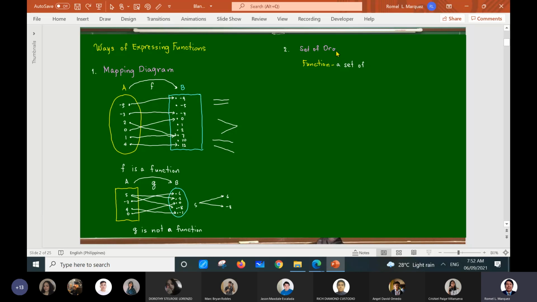Set of ordered pairs of real numbers. I made a mistake in stating it as a set of real numbers. Okay, set of ordered pairs of real numbers. So again, a function can also be defined as a set of ordered pairs of real numbers of the form